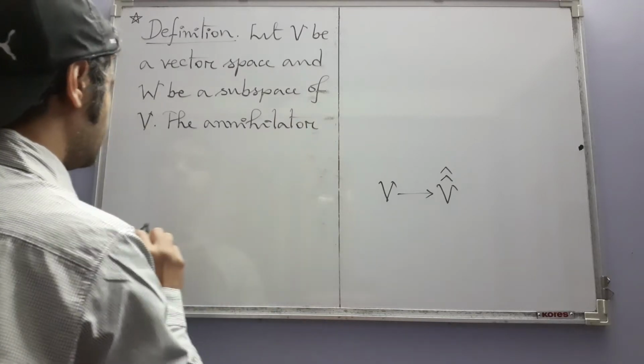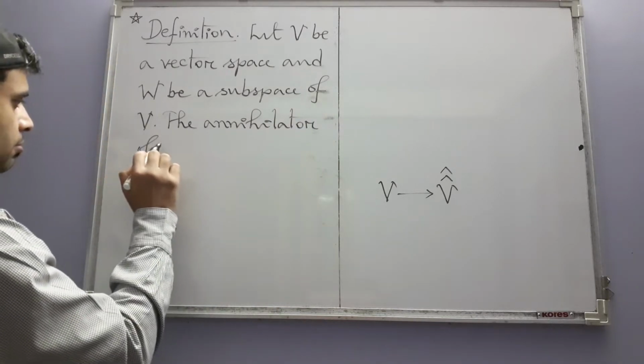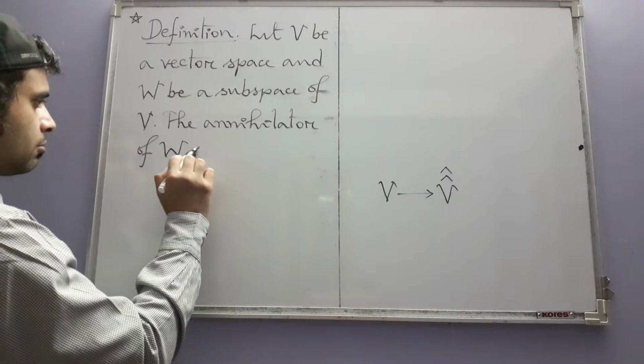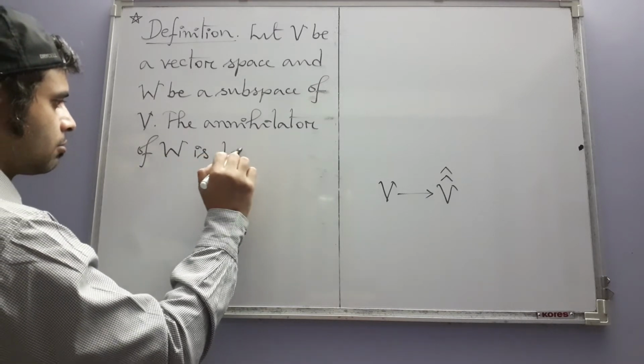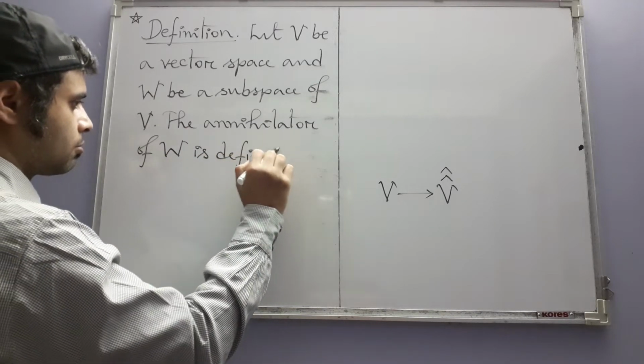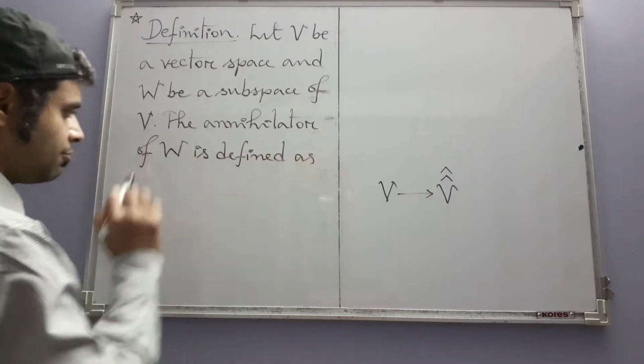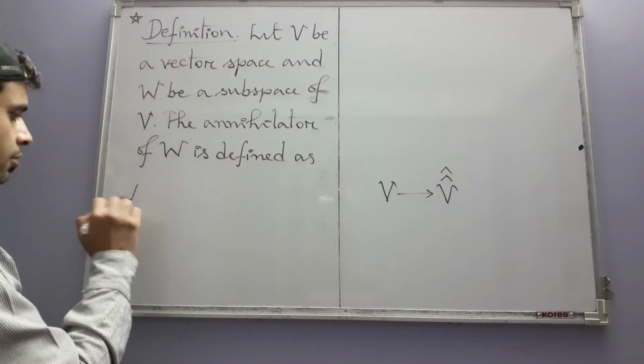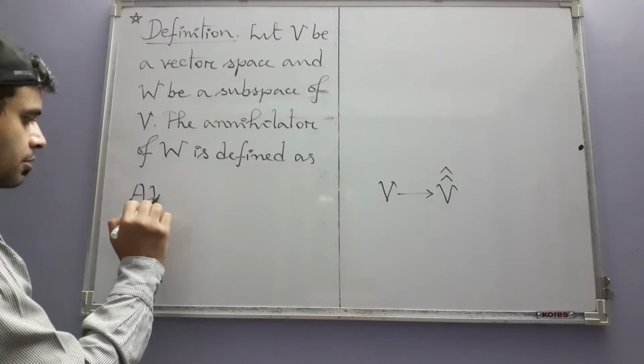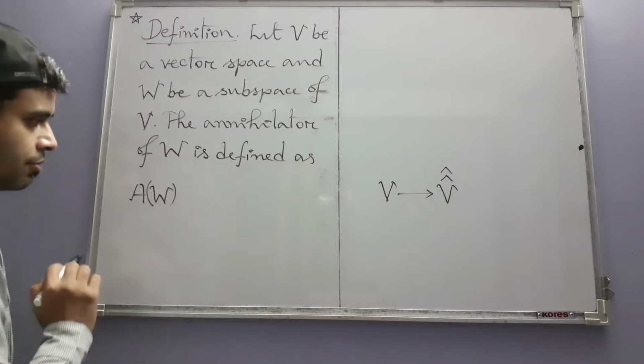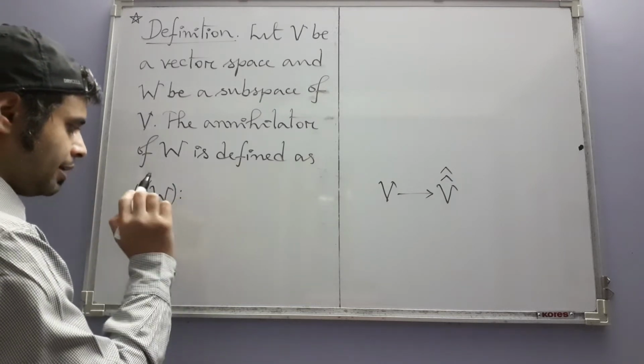The annihilator of W is defined as this. The annihilator of W is denoted like this, A of W, and by definition